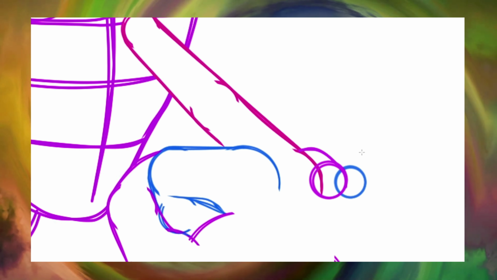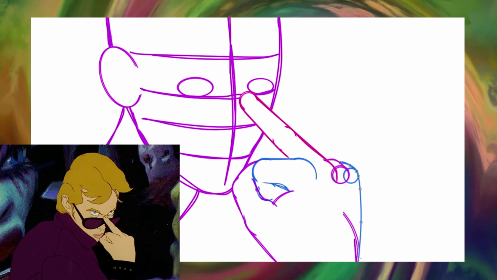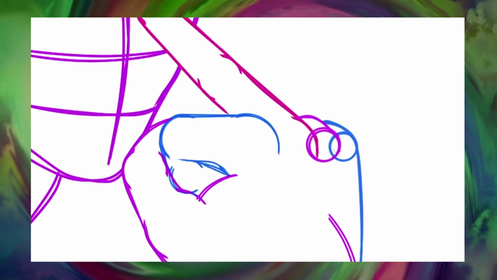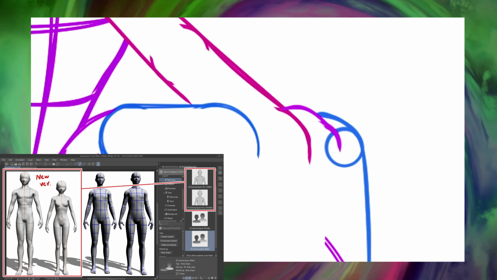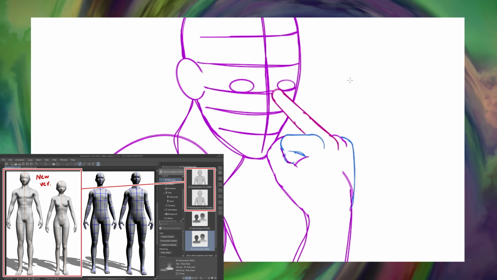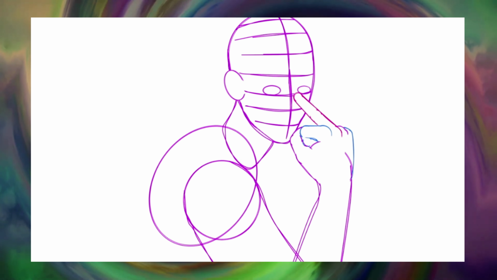So anyway, even though this drawing is not really traced, I did use a reference of one of the most famous screenshots from the movie, where Pete pulls down his sunglasses with the middle finger. And even programs like Clip Studio Paint have features where you can use stock 3D assets for either referencing or tracing or whatever you need them for.